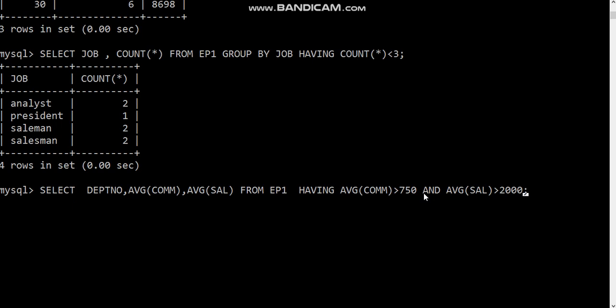Fine, both conditions should be satisfied. If average of commission is greater than 750 and average of salary is greater than 2000, then that department number along with their averages should be shown. Empty set indicates no one is satisfying this condition.